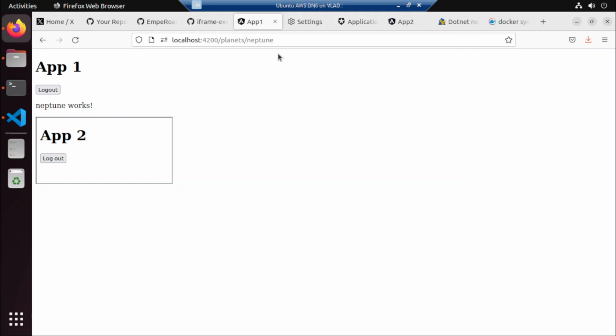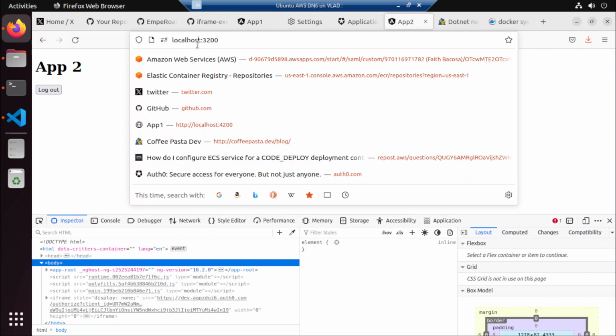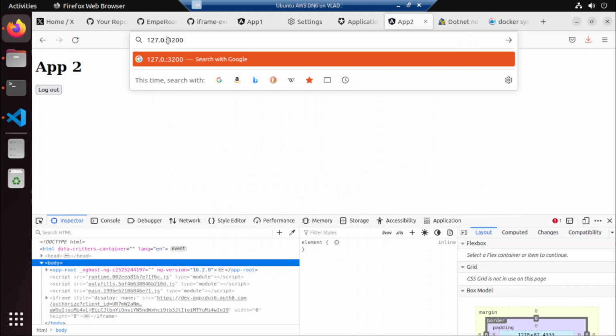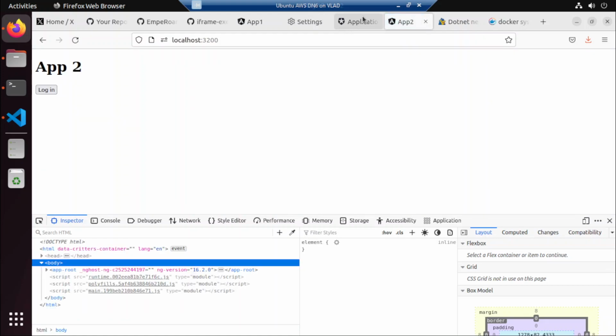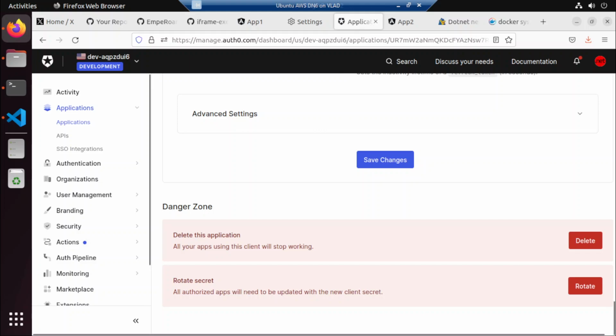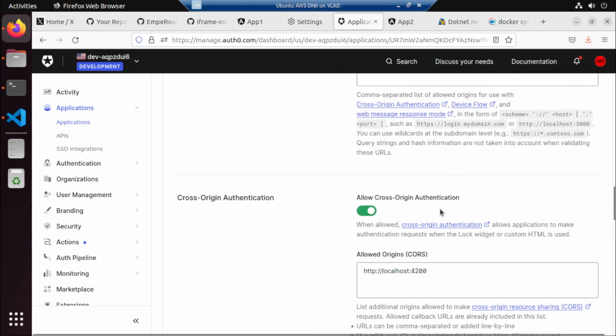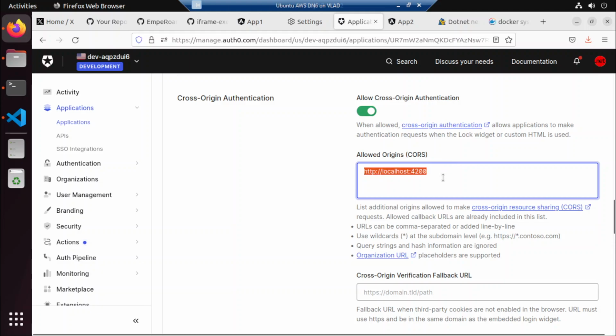I'm using localhost. So let's try if we can run this as 127.0.0.1. See if it will still behave the same. Going back, let's update the Auth0 to include 127.0.0.1 here, like that,